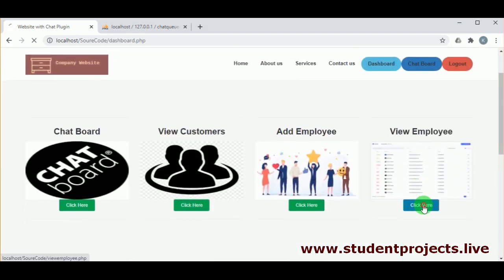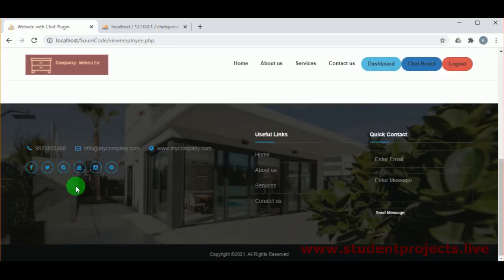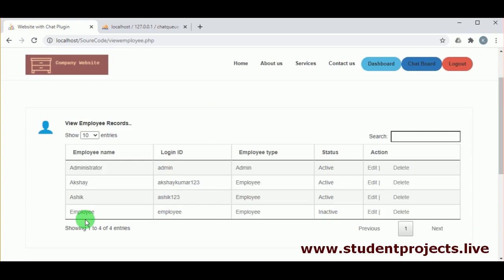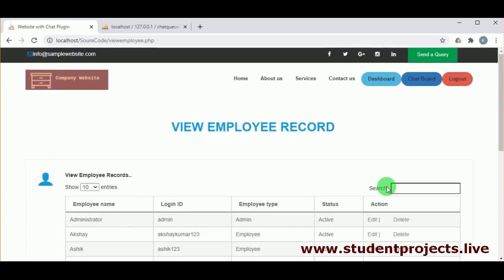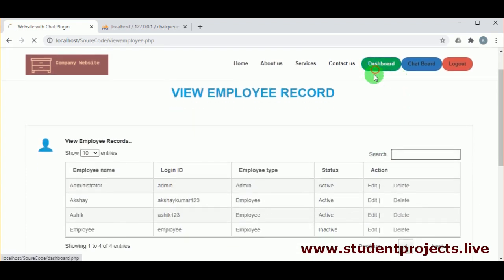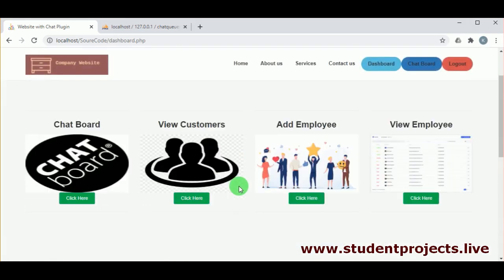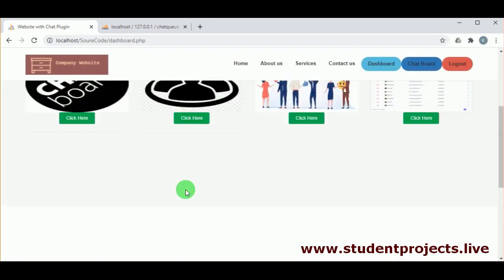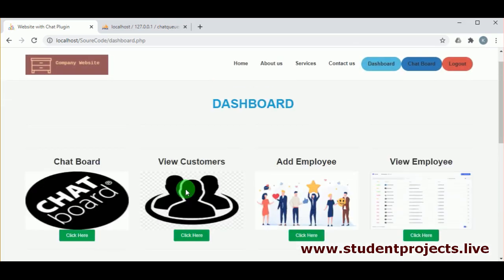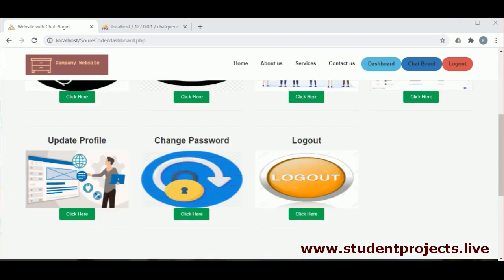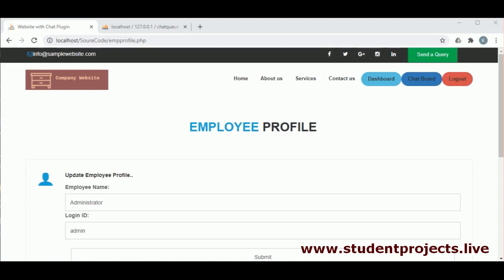In view employee, the admin can view all the employees present in the company. Admin also has the action to edit and delete. Under update profile, the admin can update his profile.